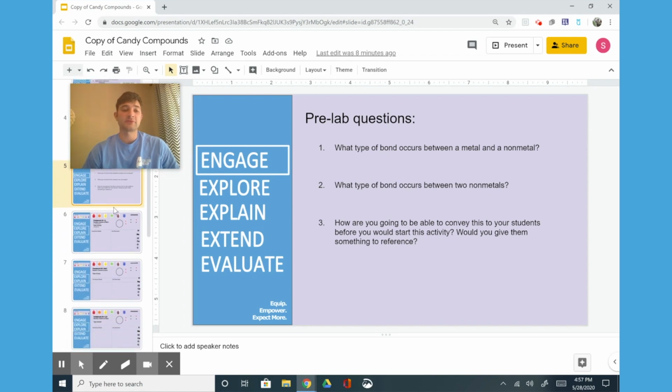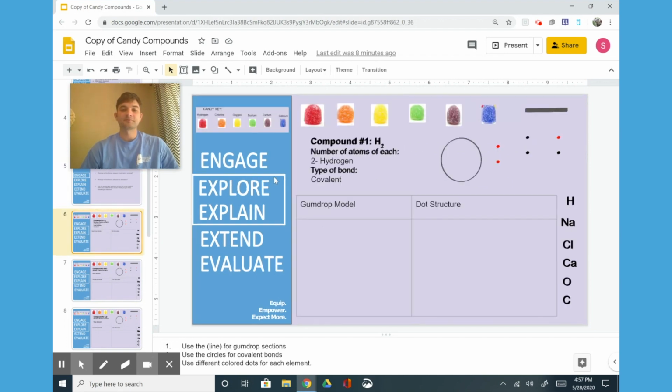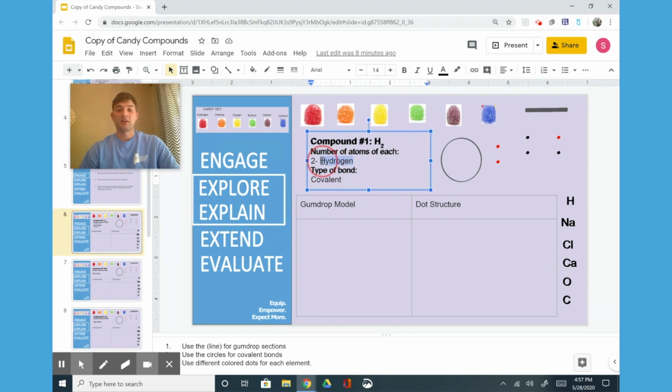Now, I'm going to give you some tips on how to drag and drop on this, because it can be annoying if you don't know the tricks to do it. So I'm going to do a few examples for you. Oh, I accidentally left this filled in for you. But normally the first step, and again, that's fine that I left it, is you would need to look at the compound